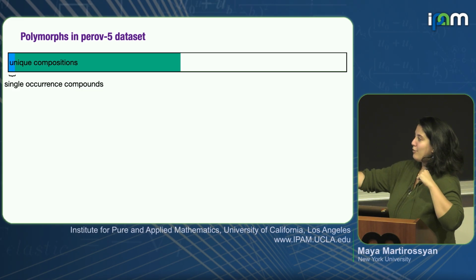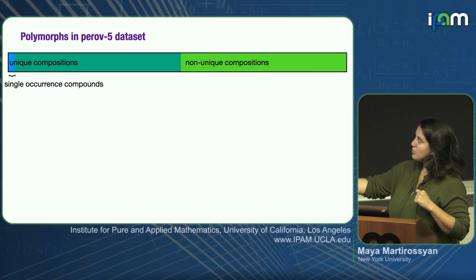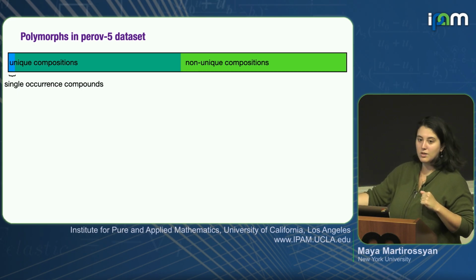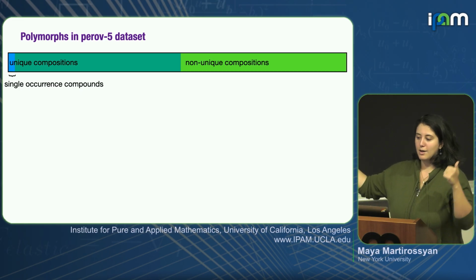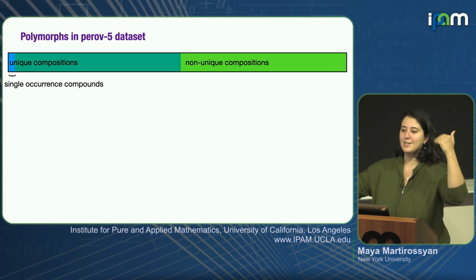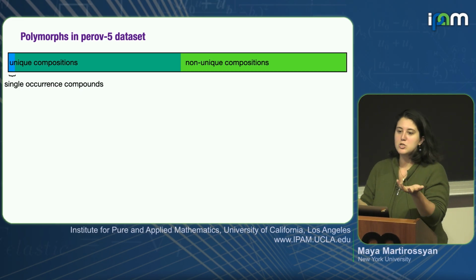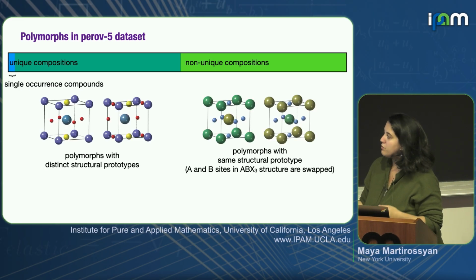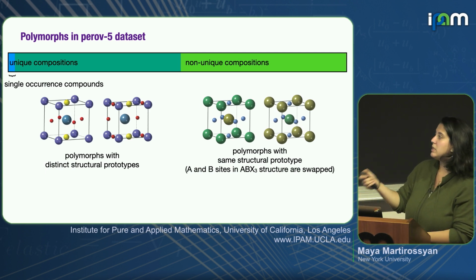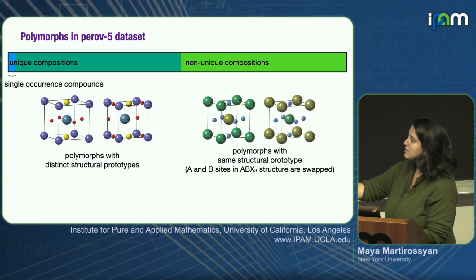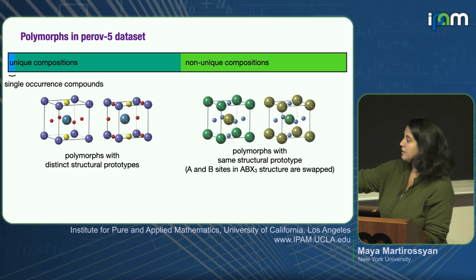And if you're following what I'm saying, you'll naturally glean that what's here is a bunch of non-unique stuff, which has the same composition as what's here in the teal. Meaning roughly half the dataset is structures that have the same composition as another structure, but a different arrangement. These arrangements come in a few different flavors. You have polymorphs that have distinct structural prototypes. Really, what this looks like is distortions. For example, this one on the left and the one on the right are both in the dataset.